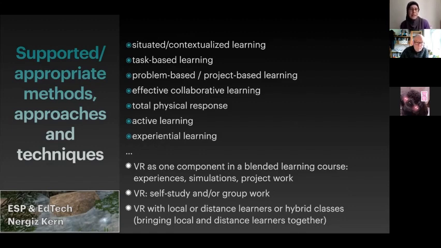But if you're presenting language or grammar, you can do that in either a virtual conferencing room or asynchronously. It works for self-study or group work, live sessions. And as we said, one thing that is being discussed at the moment a lot amongst language schools and educators is hybrid classes, hybrid learning, and you can bring local and distance students together in VR.